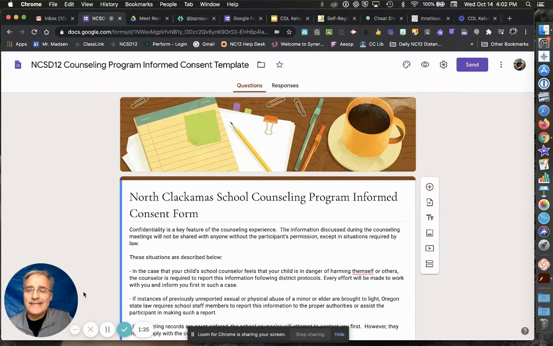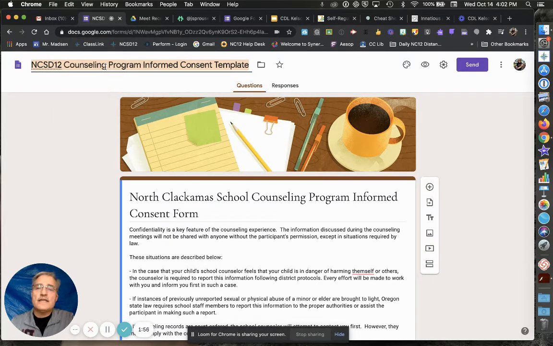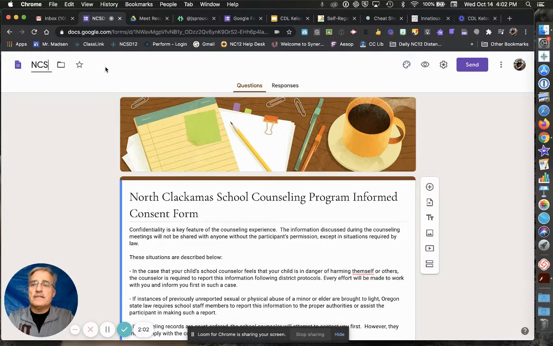There, that's better. Wow. So the first thing that I would recommend is you go up here and you click in the name and you select it all with Command A, or you can go edit, select all, Command A. And you're going to name this. And so here's what I have been naming mine. I've been saying this is the NCSD 12 consent. And then I use,